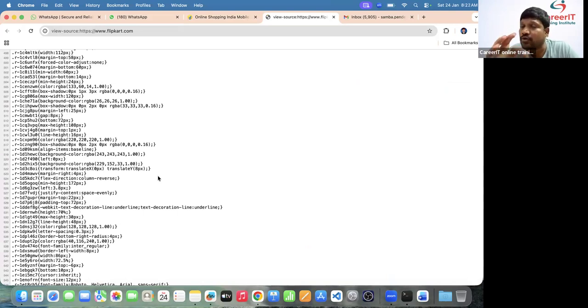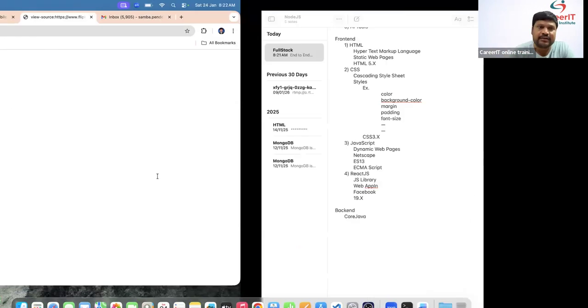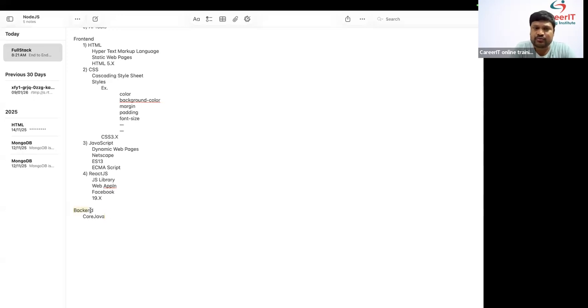So this is the problem of front-end technologies to provide security to business logic. Then we need to choose back-end technologies. Which back-end technology? Java. Why do we need to move to back-end? By using front-end technologies, we are unable to provide security because we are able to read the source code. In order to provide security to business logic, all the companies are looking for backend developers.